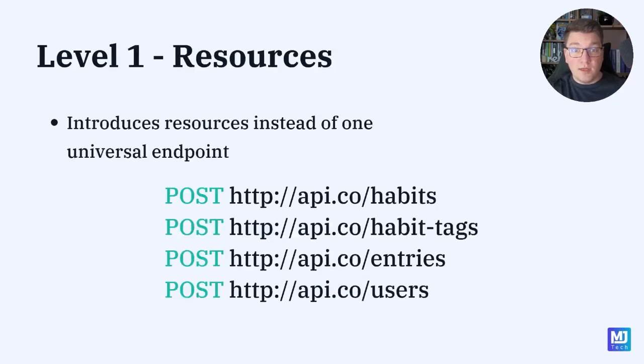Moving one level above, we get to level 1, which is where we introduce the concept of resources. And we said in the previous lesson that resources can be anything that we can attach a name to and that we can uniquely identify. So in this context, we introduce resources instead of having one universal endpoint. So let's say we have an endpoint for managing the habits resource, we have an endpoint for managing the users, for the entries of a given habit, but we still aren't properly using the HTTP protocol, and all of our requests to the API are POST requests. So we still have to use the contents of the message to determine what we want to do with a